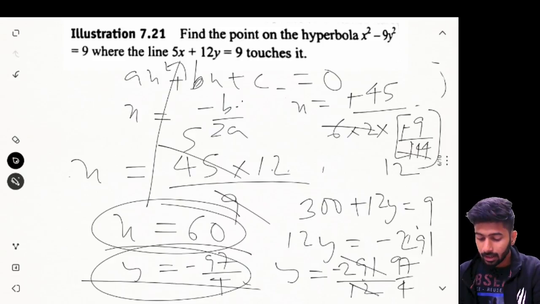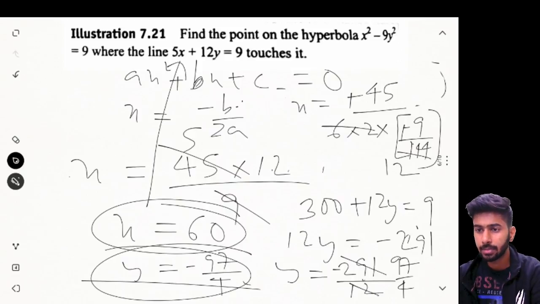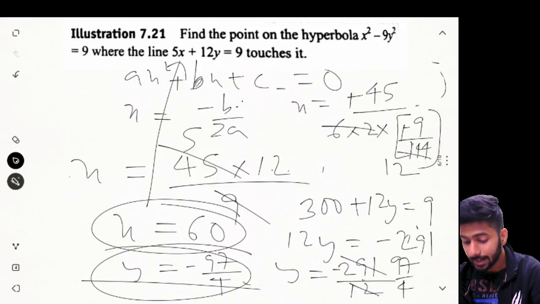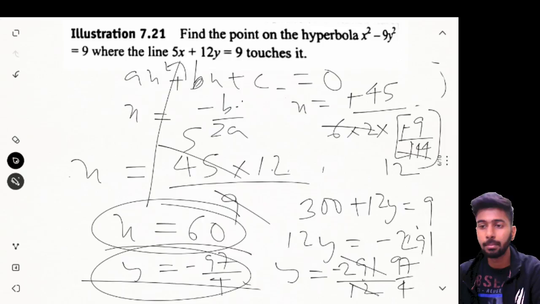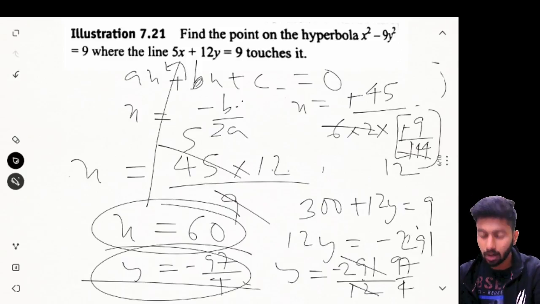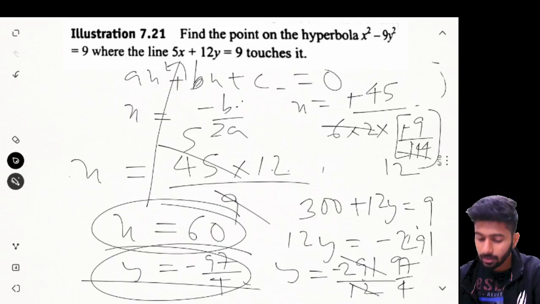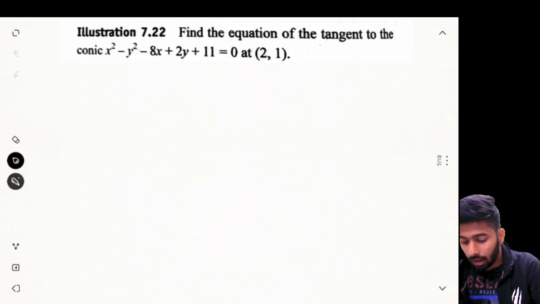So this is the procedure that you follow to get the coordinates. Just check the calculations yourself once, because I have less space to write here. So in the process of erasing, if I just miss the number by just one sign also, I get the answer to be wrong. So it might also happen that I get the answer to be wrong, but the procedure is obviously quite clear to you, right? What you have to do. So once you have a pen and a paper and a lot of space to write, do this problem yourself and verify the answer. Even if it's wrong, the procedure is still the same. So moving on to the next problem,